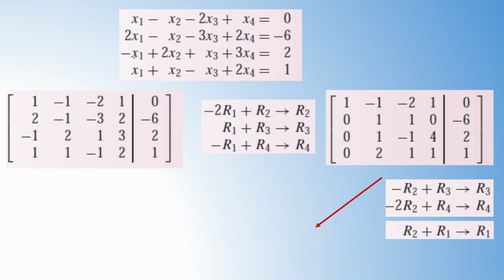Now we move to the next one. We have completed the first and second columns, so we want to make this entry 1 and all other entries 0. For that purpose, to make this one into 1, you can multiply the third row by minus half. So minus 2 into minus half is 1, 4 divided by minus 2 is minus 2, and 8 divided by minus 2 is minus 4.